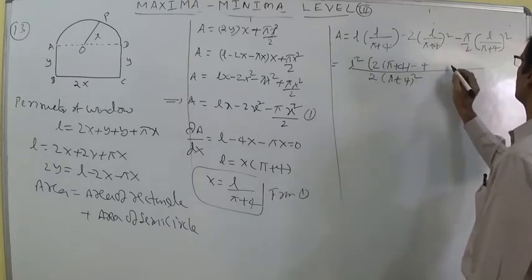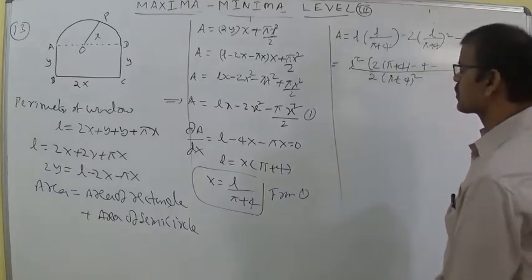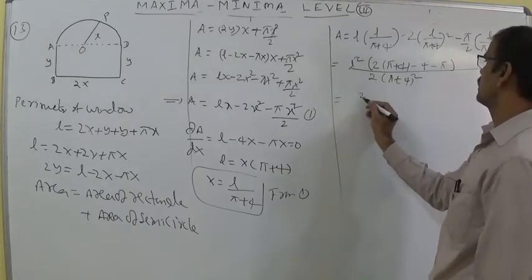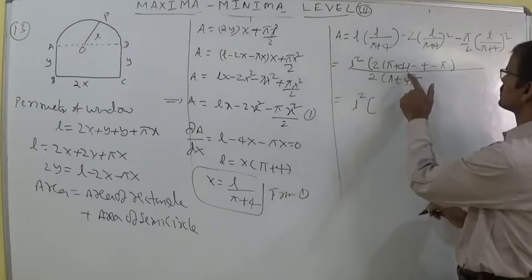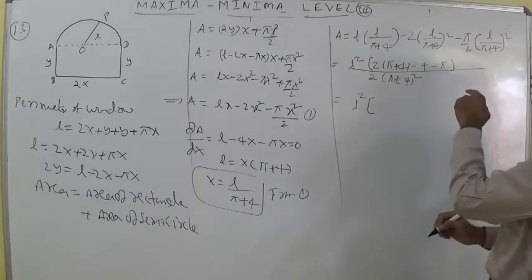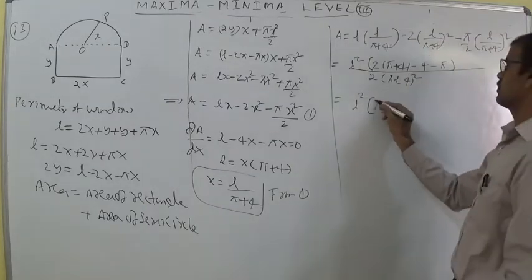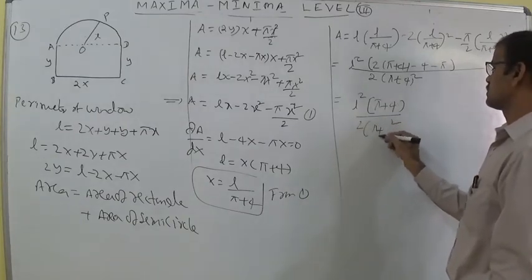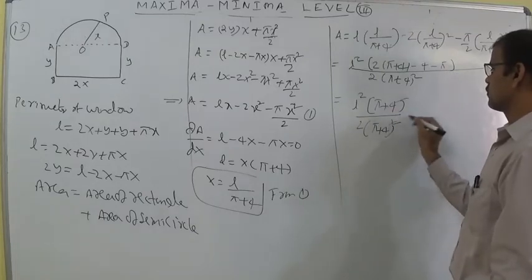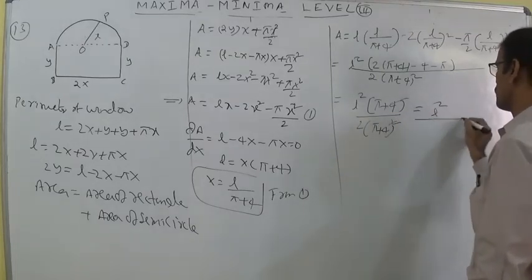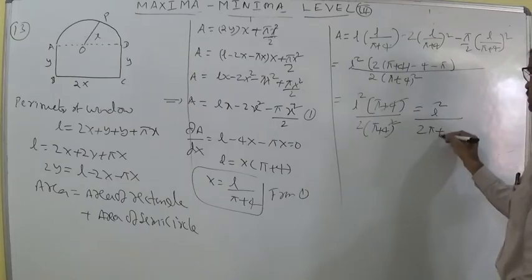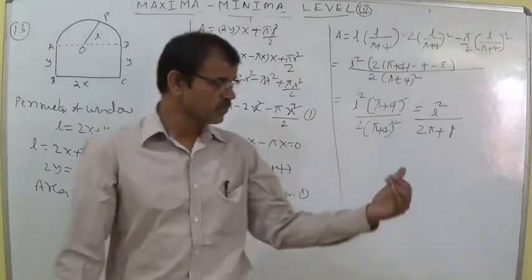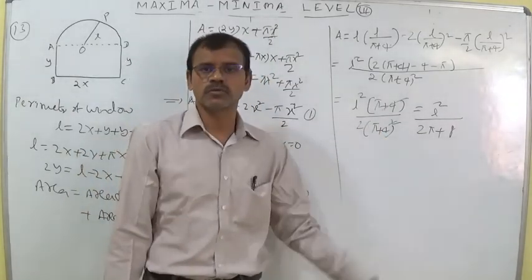2 to the 4 you can write simply. Minus pi x square, simply pi. That is equal to L square into, this is 2 pi plus 8 minus 4 minus pi. So you can write here pi plus 4, pi plus 4 by 2 into pi plus 4 whole square. Pi plus 4 getting cancelled. L square by 2 pi plus 8 you can write. We will get the answer in the IP question, 200 by pi plus 4, in the same way. L square by 2 into pi plus 4.